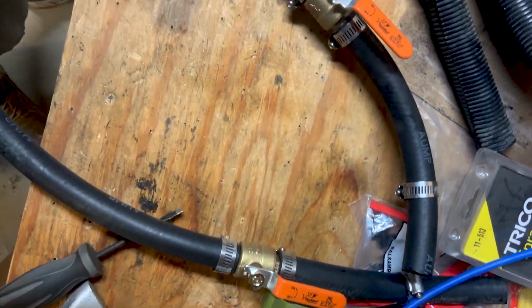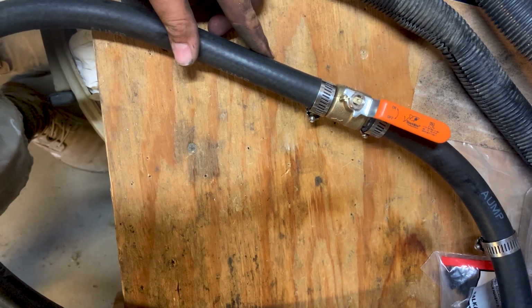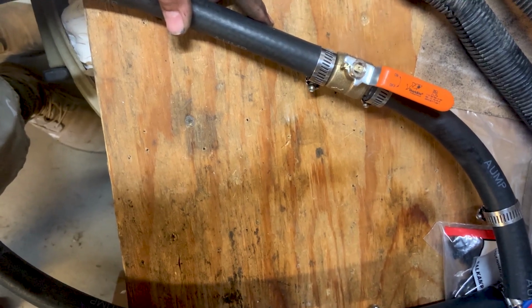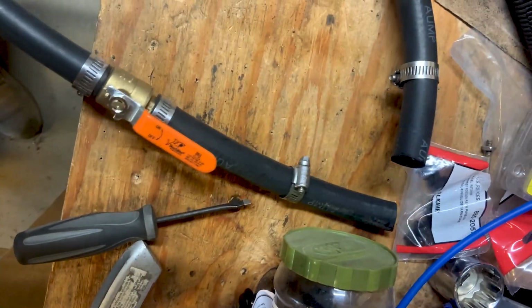I'm working on the heater line, the coolant line, and the old valves that I had were very difficult to close and to close down. So I decided I would put in some new valves in case I ever need to do some work on it. So I made basically a loop that I'm going to disconnect the old coolant line and pop